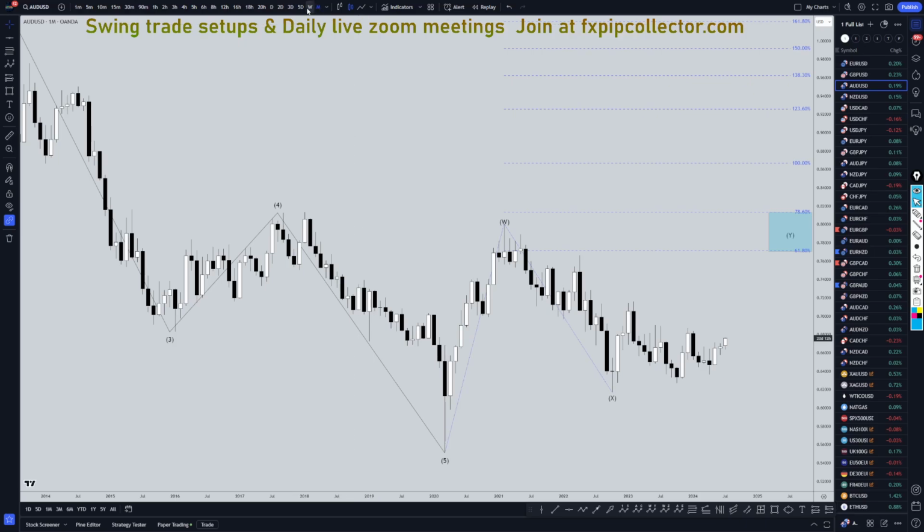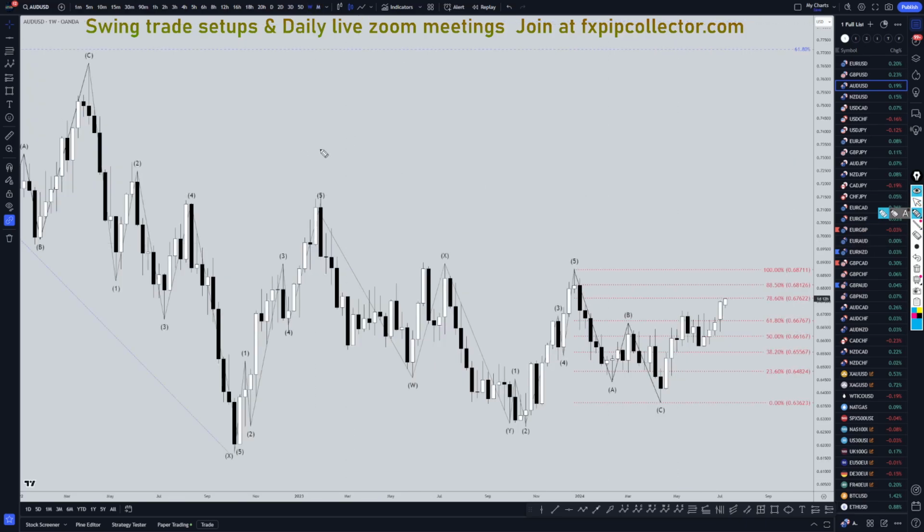So taking it down to the weekly time frame, that tells us that this most likely is a wave A of the wave Y. This is a WXY, which is a wave B of the wave Y. Nice five waves up right here, most likely a wave 1. Most likely this is an ABC of 2, and I think we're already in that wave 3.